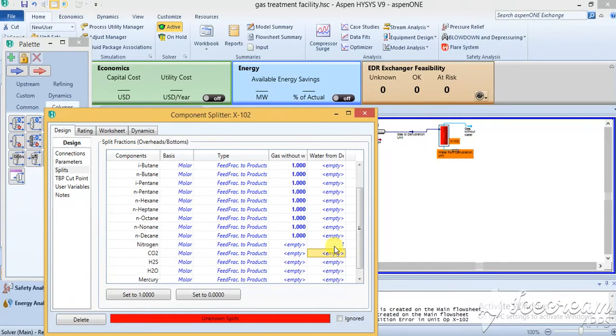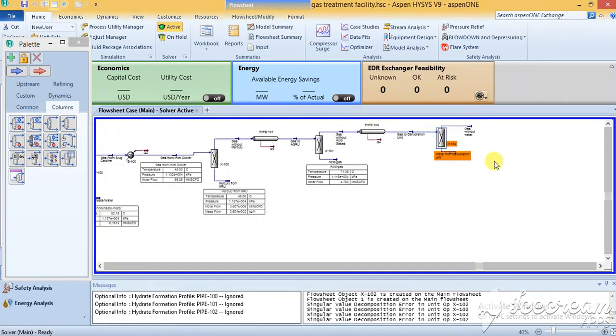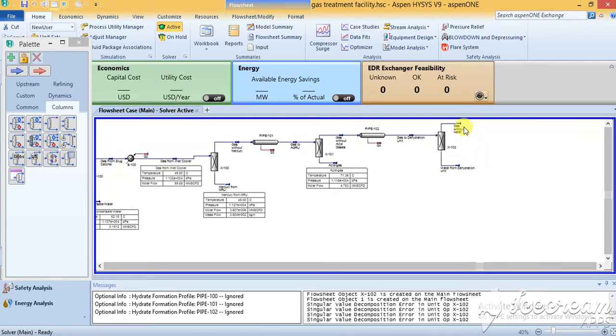It is an assumption in most cases that all these removal units remove the other gases like carbon dioxide, hydrogen sulfide, mercury, all of them in smaller amounts, just to meet the specification of the sales gas.